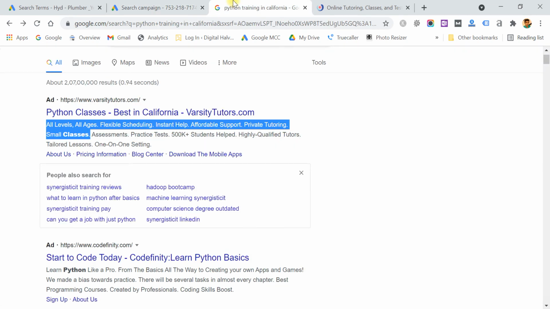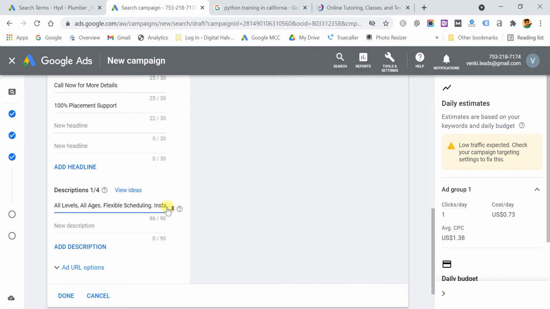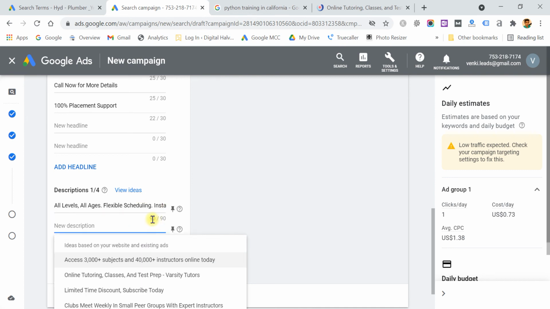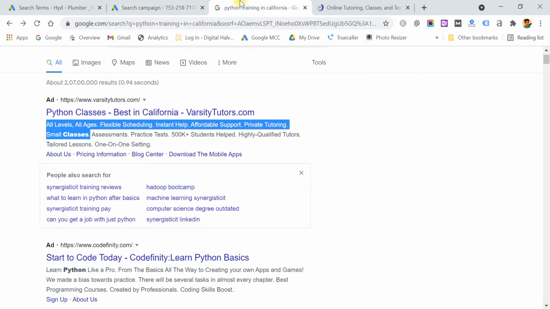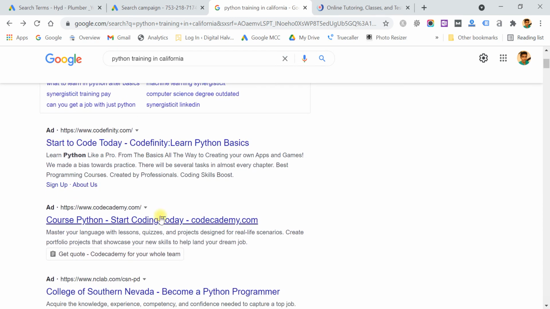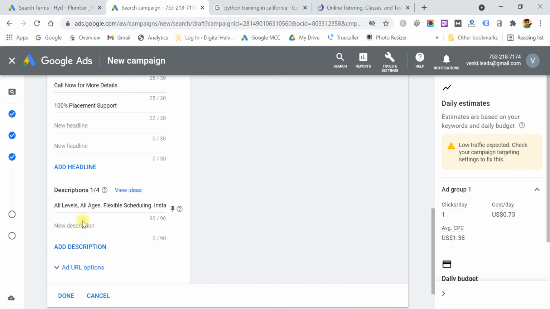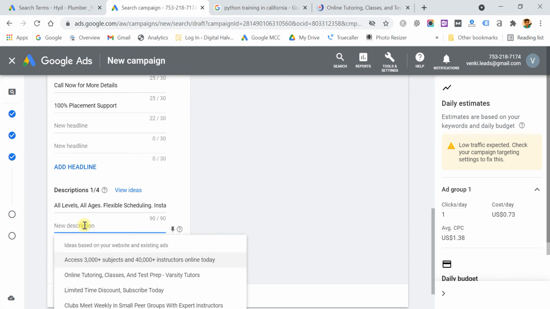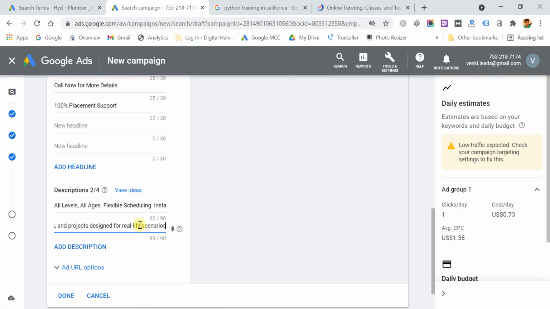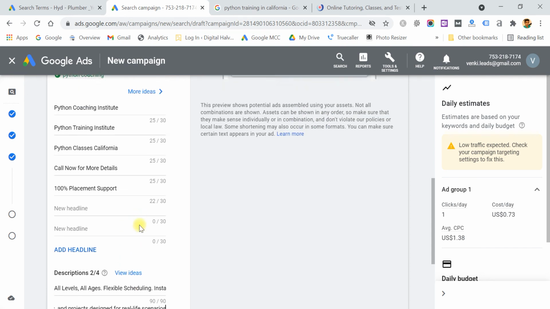Private tutoring. Okay, exactly, I added 90 letters, and I'm checking the second description. For sample purposes I was adding only two descriptions and only up to 5 headlines.